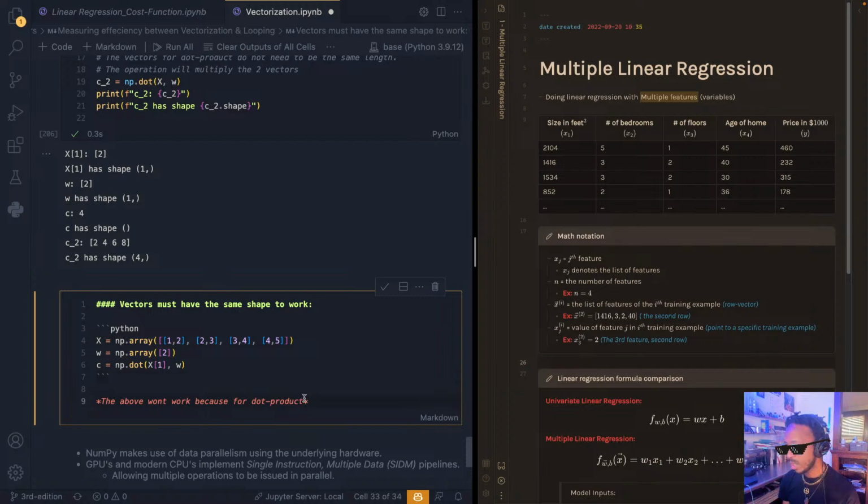The above will not work because, even though both vectors are arrays,